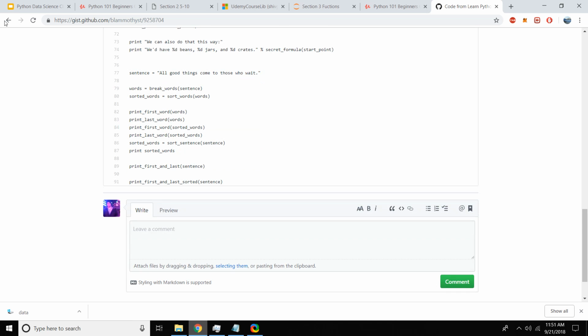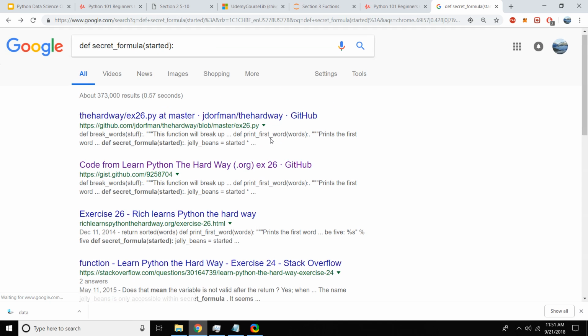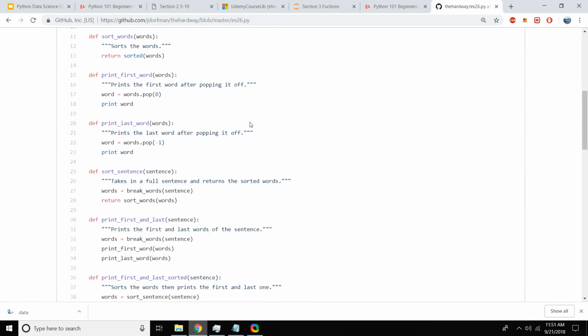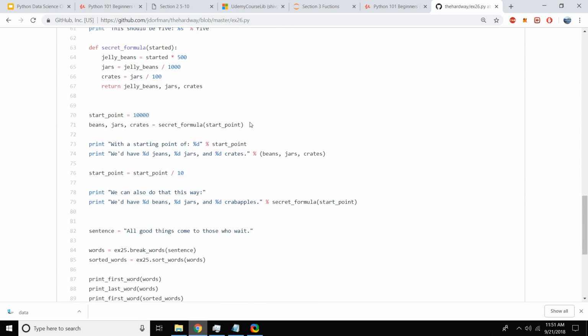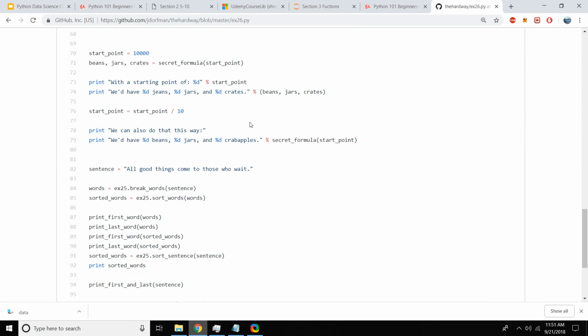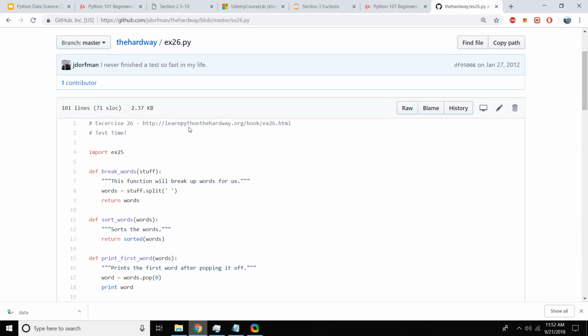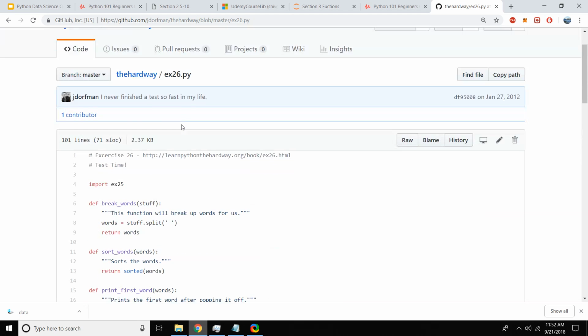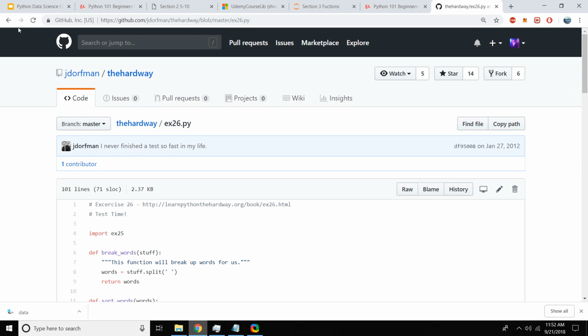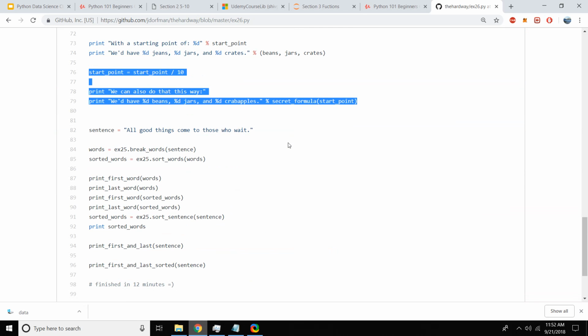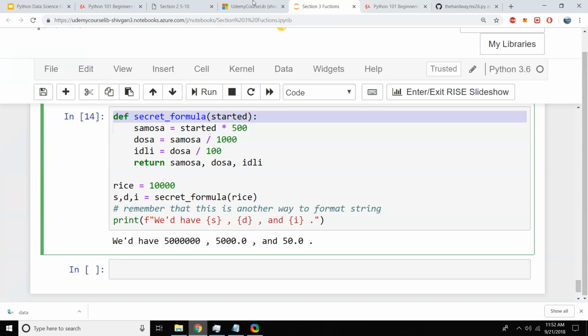Now if I want to see more examples, because these are solutions created by different people, this is another solution. So if I were to copy this, but this is Python 2. So this is Python 2. I might need to change it, so I'm going to show you how to change it. So I'm going to copy this